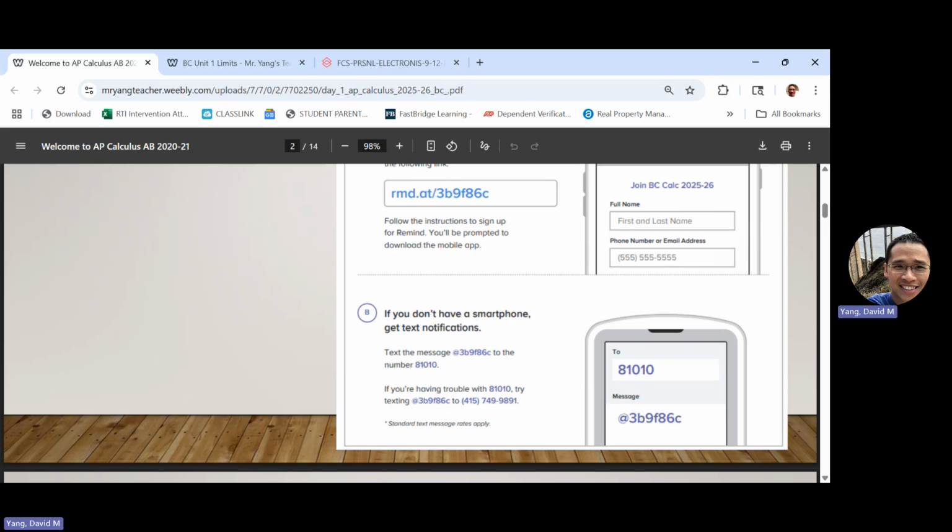If I ever send out reminders, it's usually if there's a test coming up, or a quiz coming up, or a help session, or sometimes students forget that there's homework over the weekend. So I'll maybe send out a reminder on Sunday that I'm going to be checking homework on Monday. I'm also going to be using Canvas more, so I'll be sending out messages through Canvas as well. Hopefully between those two, you'll be able to see my messages.